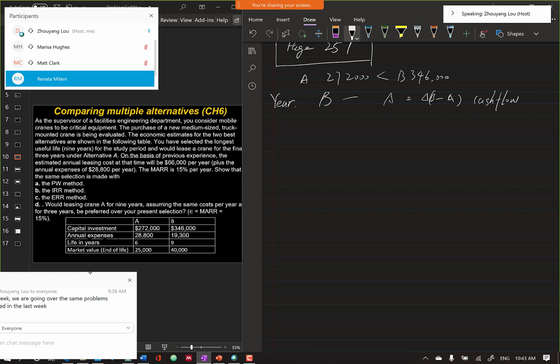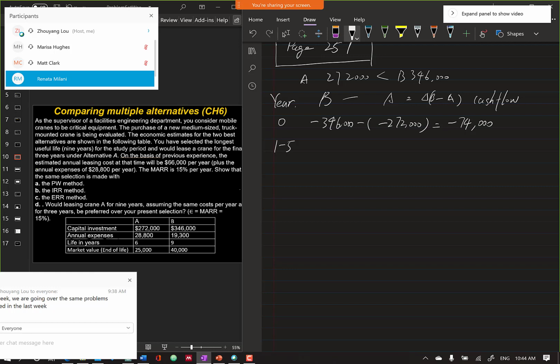So for year 0, the cash flow on B will be the initial investment, that's minus 346,000. And for A, that's minus 272,000. And we take that, subtract that from B, and we will get minus 74,000. That's at year 0. We have this net cash flow. And from year 1 to year 5,